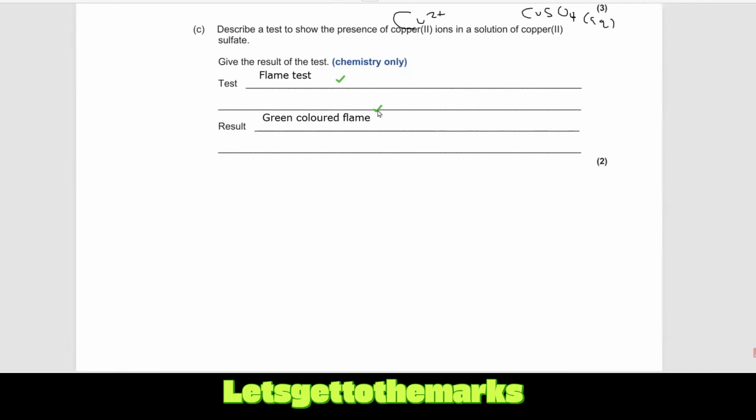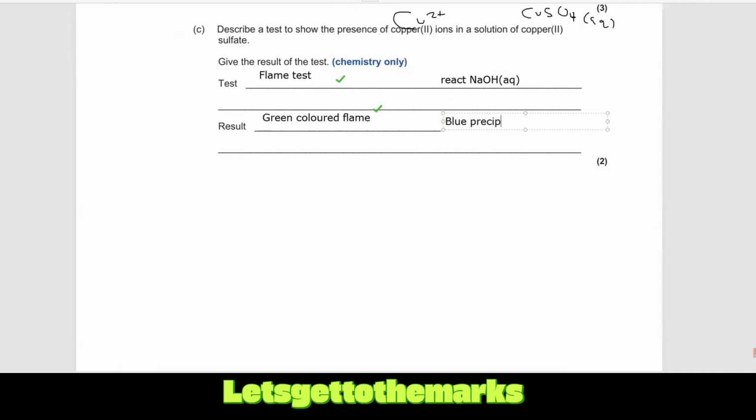marks. Now, there is another method we can use, because actually you get a green colored flame with some other ions like barium. So sometimes we need to confirm that we're definitely dealing with copper here. And there is another method we can use, and that is we're going to react with, mix with, or add to 10 centimeters of, or whatever you want to say, sodium hydroxide solution. That's what the aq stands for. And what happens if you do that? Well, you're going to get a blue